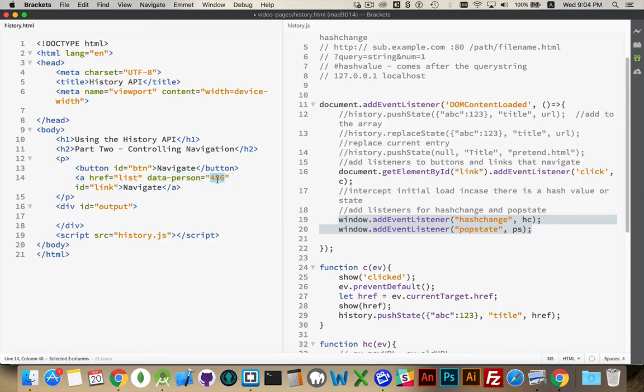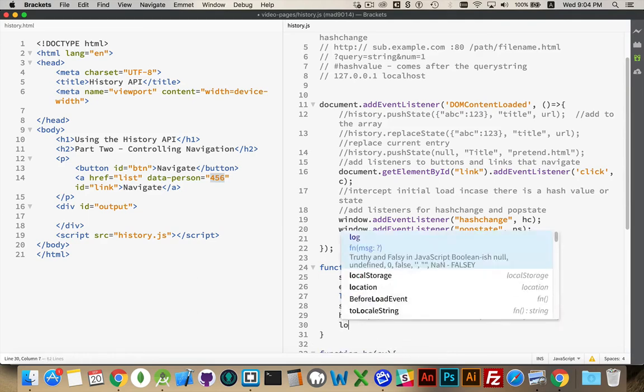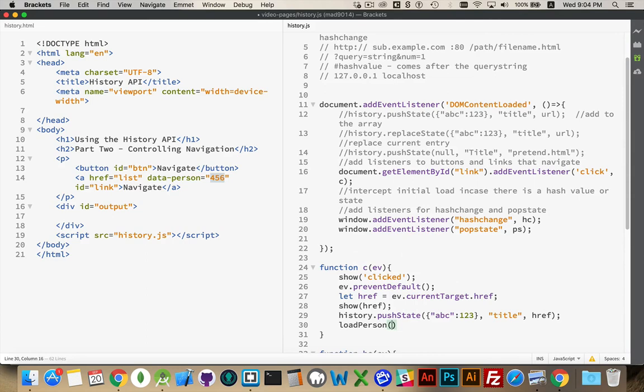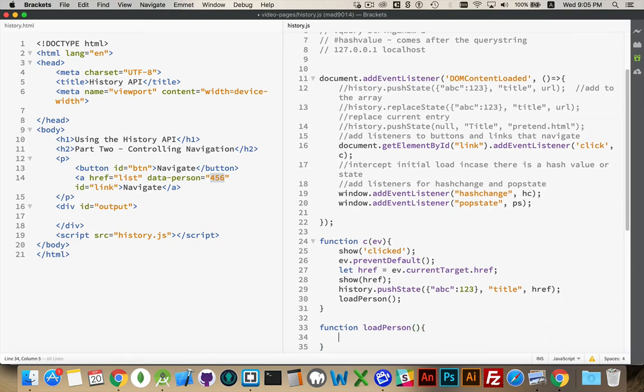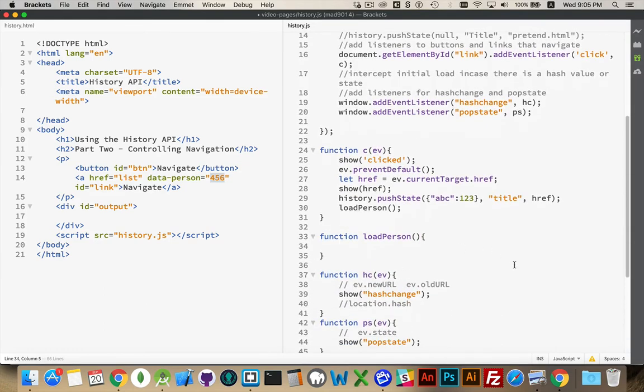Now I can use this as an extra piece of information. Maybe I'm going to save this inside of here as part of the history state object. I'm going to grab the person number and I'm going to save it inside here so that when I go to my next function, let's say I've got a function called loadPerson. That loadPerson is going to look at the value of history.state. Well, here. We'll pretend to do this. So function loadPerson, and then inside of here,